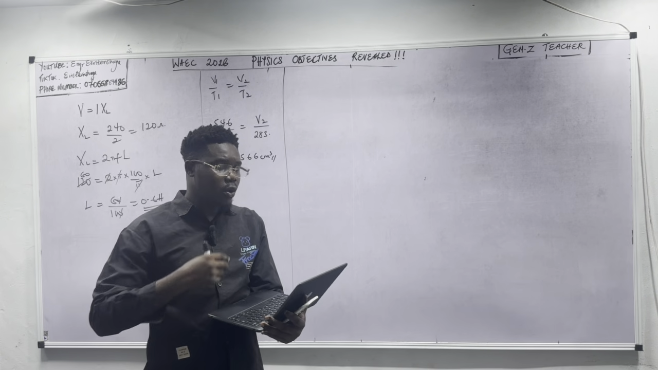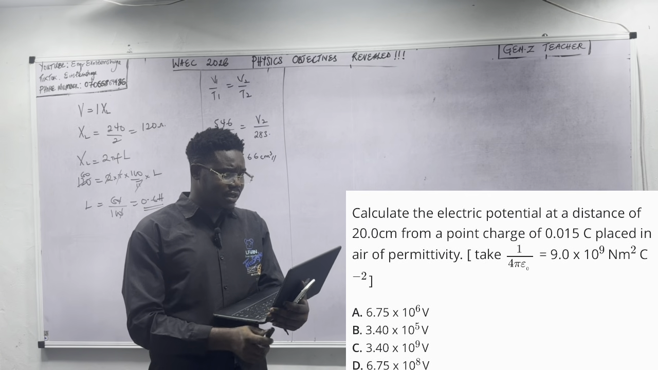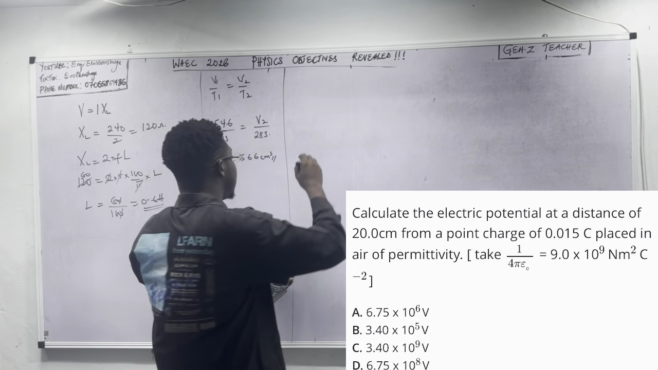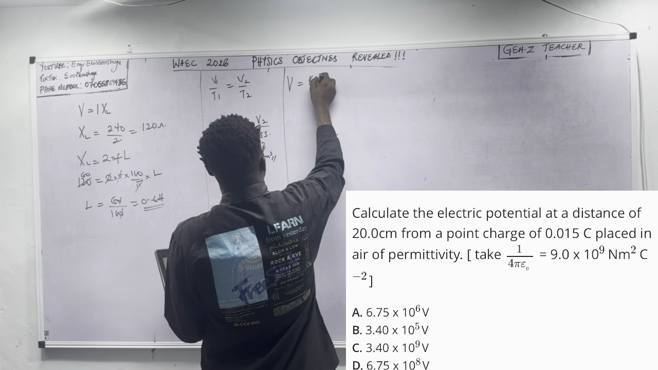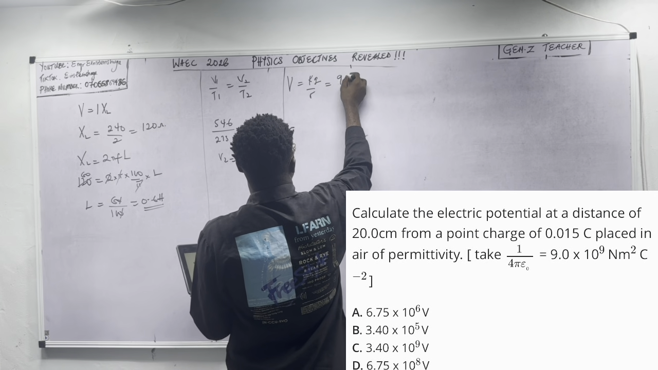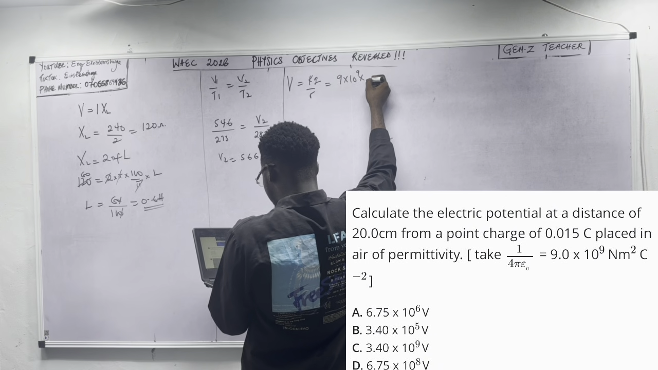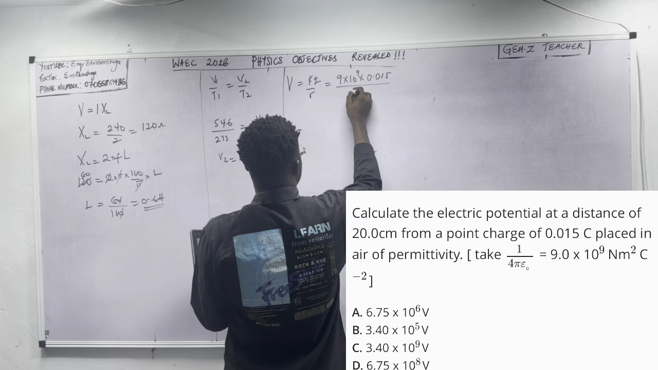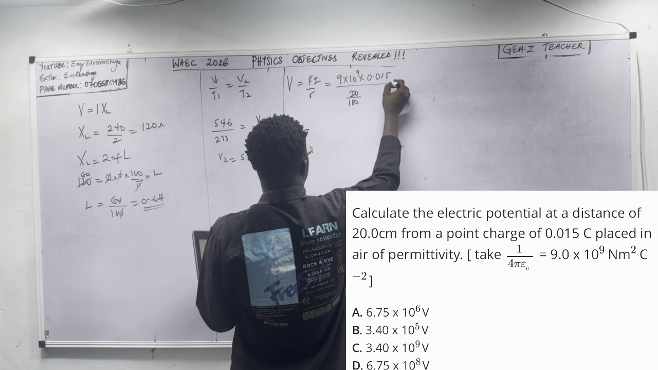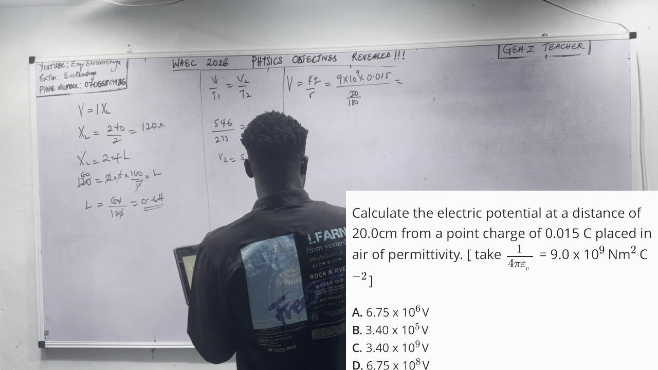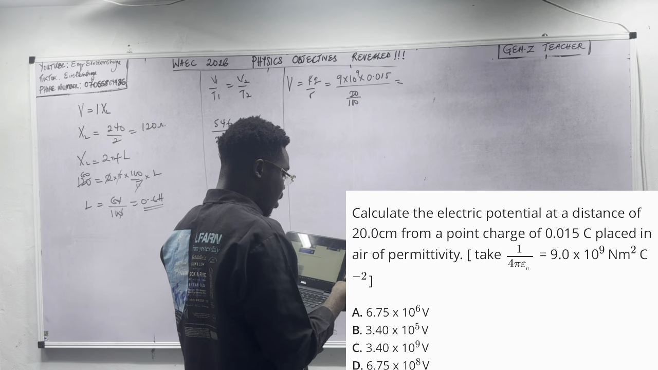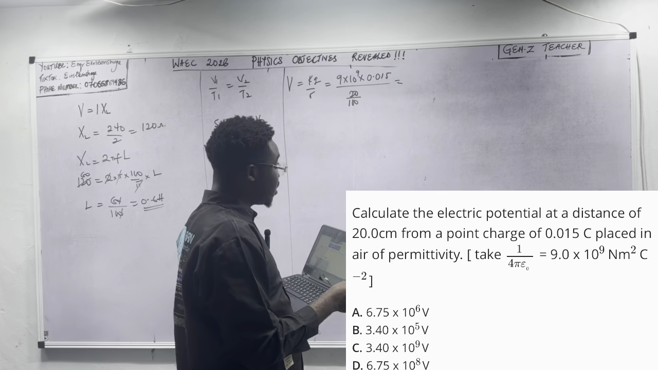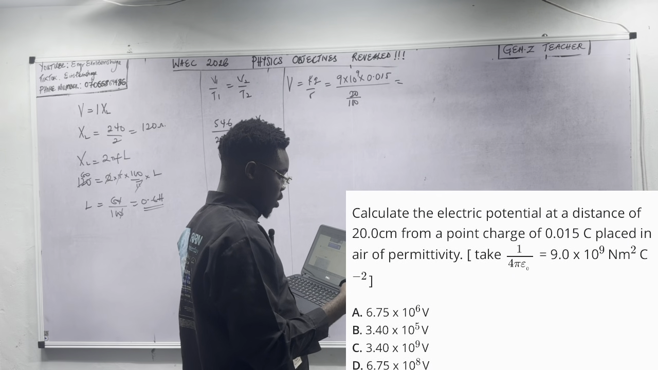Number 39. Calculate the electric potential at a distance 20 cm from a charge of 0.015 placed in air. Now quickly, potential is basically kq over r. Our K is 9 times 10 raised to 9. The charge was given as 0.015, and then the distance was 20 cm. So 20 divided by 100 to convert to meters. Let's solve that quickly with our calculator. 9 times 10 to the power of 9 times 0.015 divided by 0.2, and that should give us